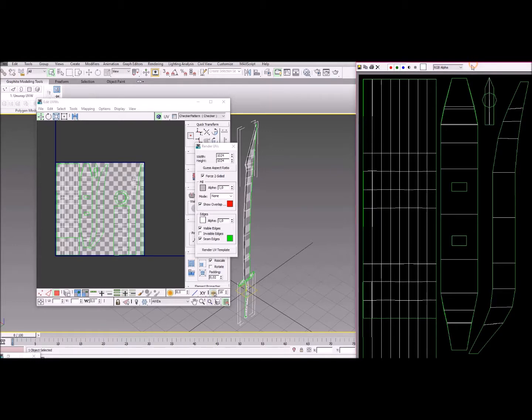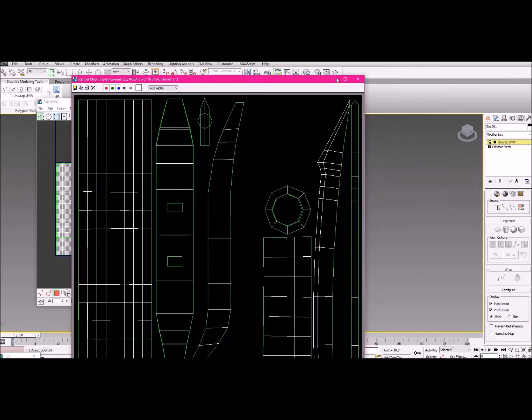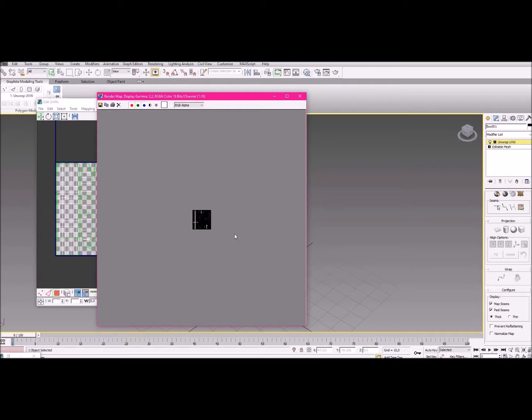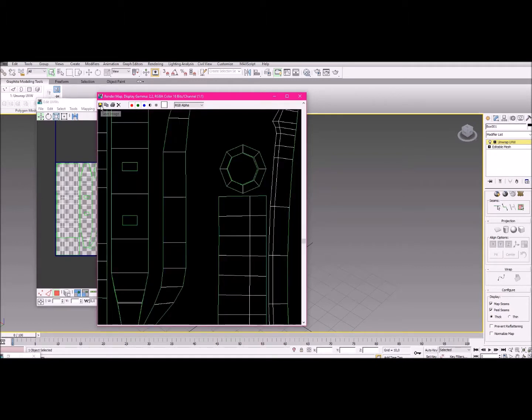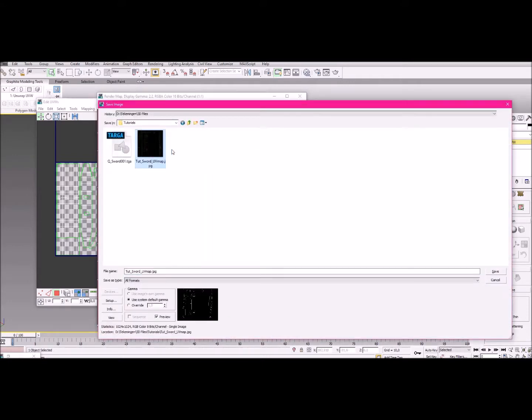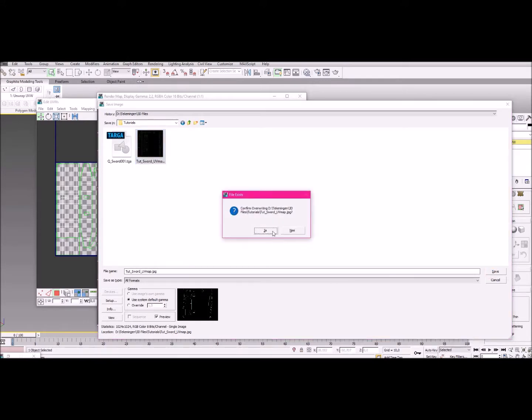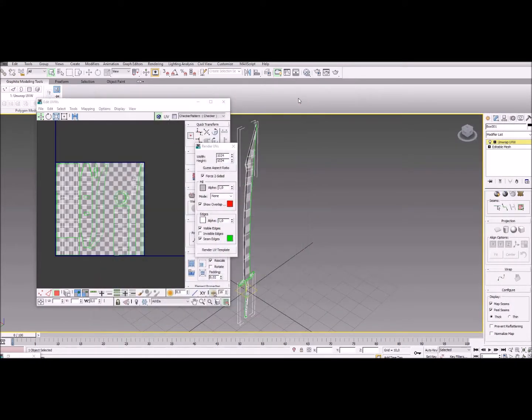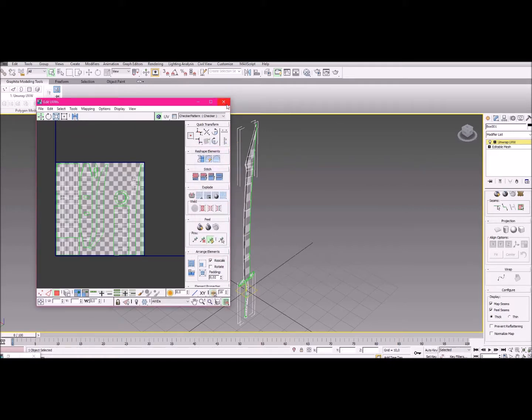We get this very large window. Going to scale it down a little bit. Okay, so we get the full layout of our UV map. Like this. We just need to save it. So on the top left, save image. And I'm going to save it in my tutorials folder as tutorial sword UV map. Save, yes, okay. That's saved right now. We can close up